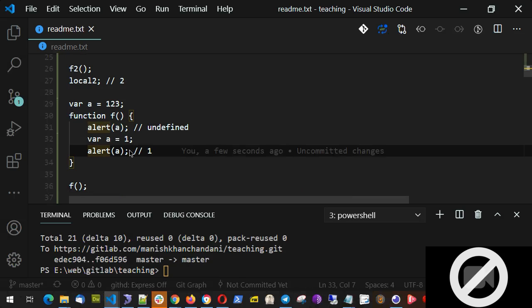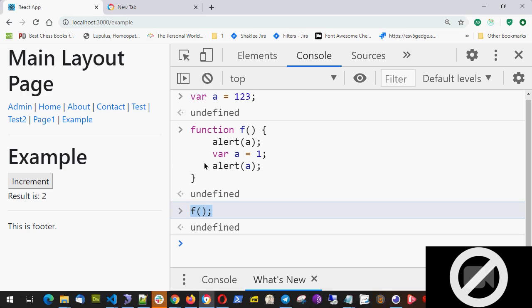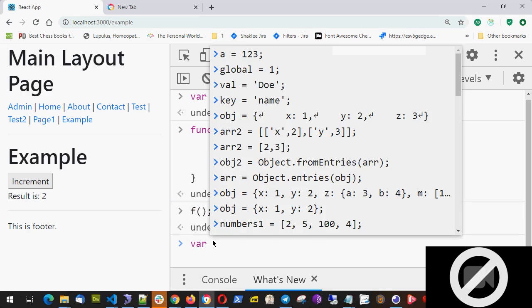Now what is the reason? Let's do one more drill and then we'll see the answer, why it's happening like that. Let's say if I define a variable,